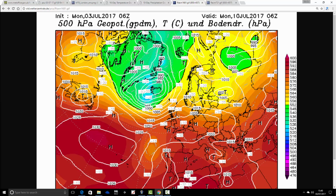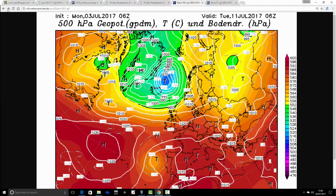It's the start of next week. That extension from the Azores high continues to bring a lot of dry weather to many parts of the country. We have got quite an autumnal low up to the north around Greenland and Iceland. The 500 millibar height anomalies were picking up on this. Quite a deep low pressure around Greenland and Iceland at 970 millibars. That is fairly autumnal, but for us, actually, that's not having much impact. It does for northern Scotland, where it's wetter and windier, but for most parts of the UK, we're actually under this ridge, the extension from the Azores high into the early part of next week, keeping things mostly dry, fine,